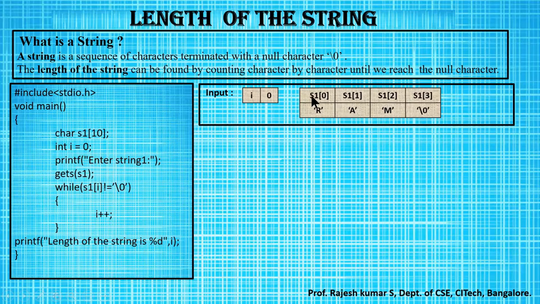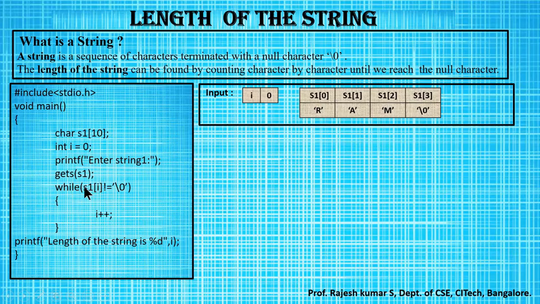Now, how do we count the number of characters? First, we have to enter into the array. In order to do that, we will be using a while loop. While, I'll be checking for the condition. Here the condition is until I reach the end of the array. How do we tell we have reached the end of the array or the end of the string? If the value present is the null character. As soon as you reach the null character, you will know you have reached the end of the string.